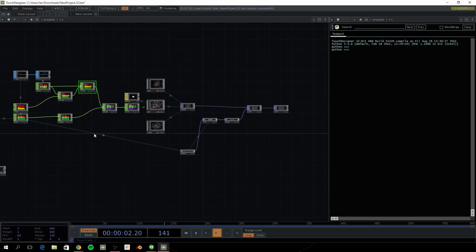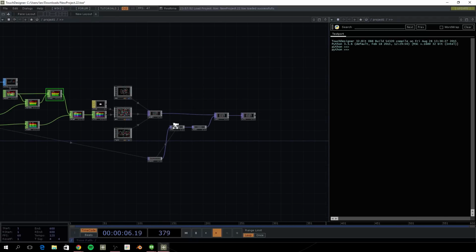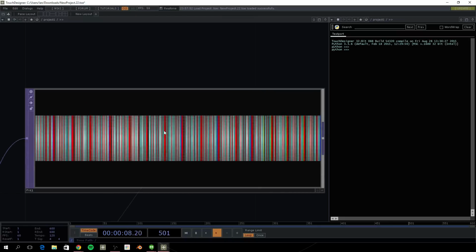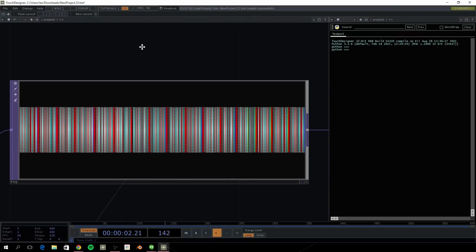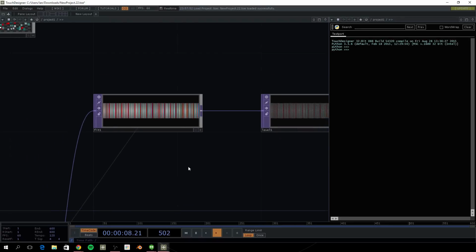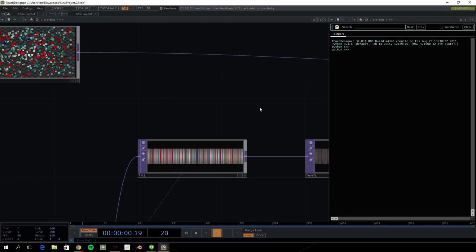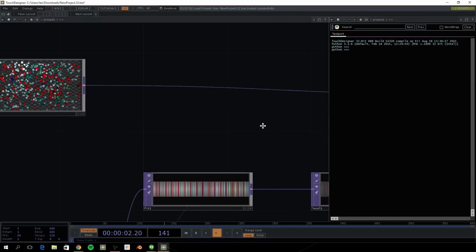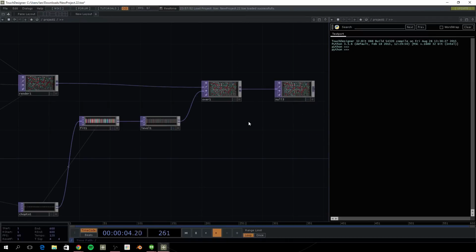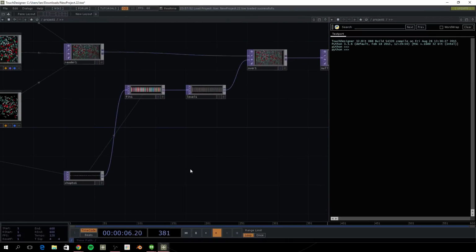I wonder if there's a way to pull a texture 3D into here some way. What if this is shifting through time? That's interesting. Oh man, do I have a texture 3D trick for you? That is my favorite trick in the world. I want to see this. Where you're pulling it through GLSL. Yeah. Well, I've also